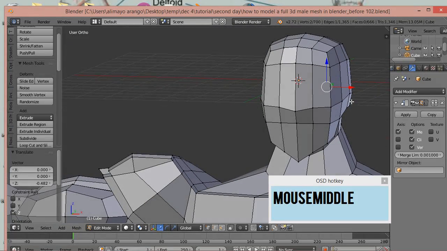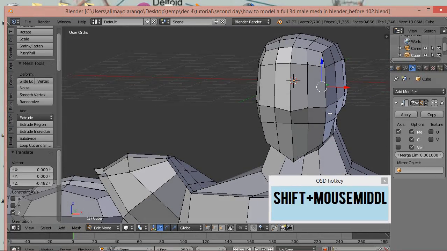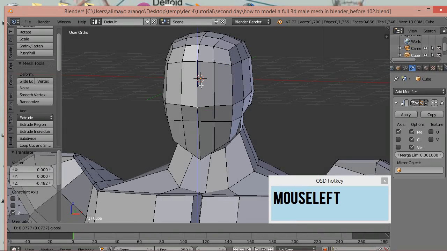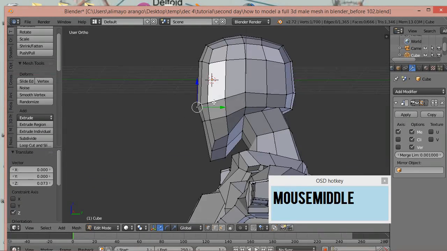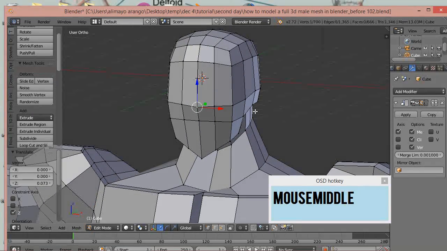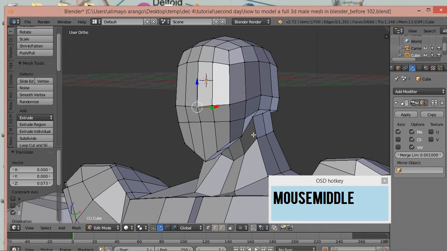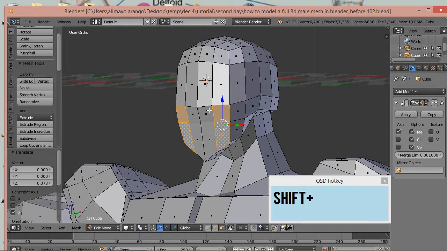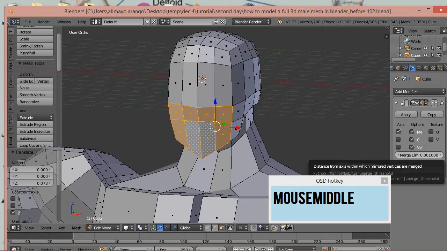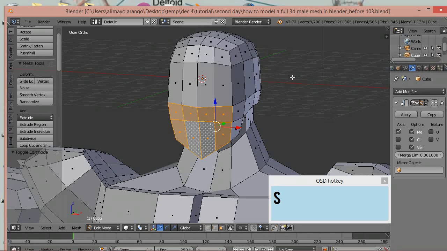And this is actually a new way of modeling a face that I kind of came up with as I was making this tutorial. So this is going to be interesting for you guys, hopefully, and interesting for me as well. So we're going to go to face select. We're going to select here, here, here. Okay, what we're going to do now is you're going to press E to create new geometry, left click to